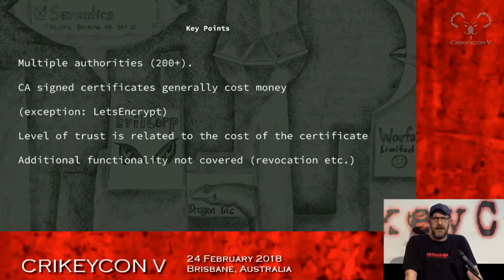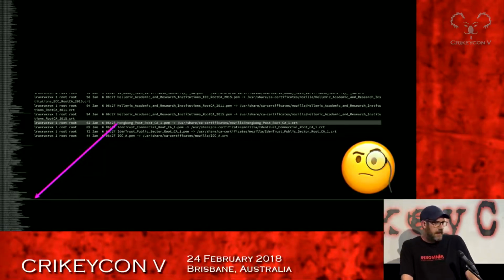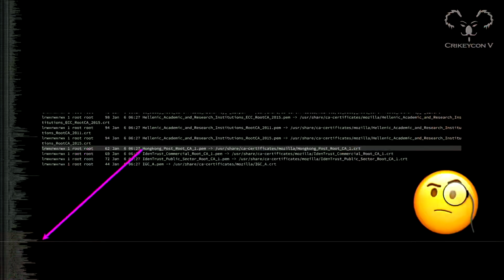And there's a bunch of additional functionality that certificate authorities provide, such as revocation, right? So if the certificate's compromised and gets taken offline or end of lifed before it's due to be end of lifed, then there's a check process and a protocol that runs in the background. But a lot of the stuff that certificate authorities deal with isn't really important for us today. The main problem we have is that in any modern operating system, there are, as I say, hundreds of certificate authorities, which means any certificate that's been issued via those certificate authorities is trusted in a sense within the operating system. And we're mostly talking about within the browser here.